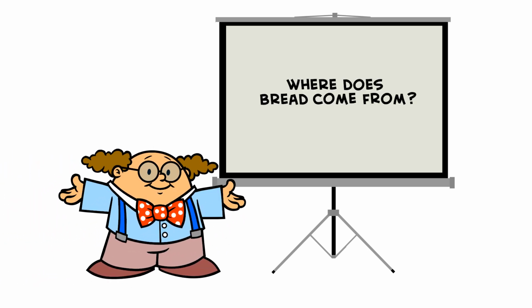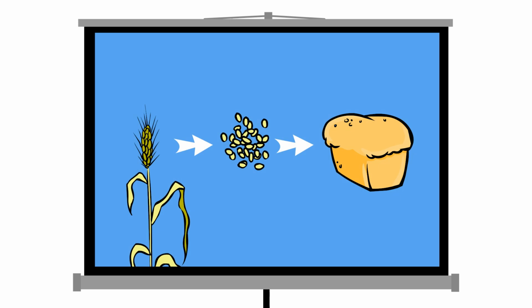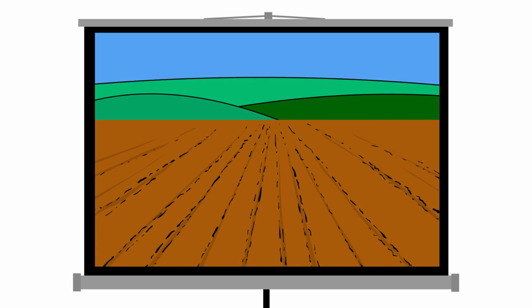Where does bread come from? Bread comes from the grains of wheat, which are the seeds of the wheat plant. Farmers plant these seeds in fields, which sprout and grow into new plants, with heads of wheat kernels containing the